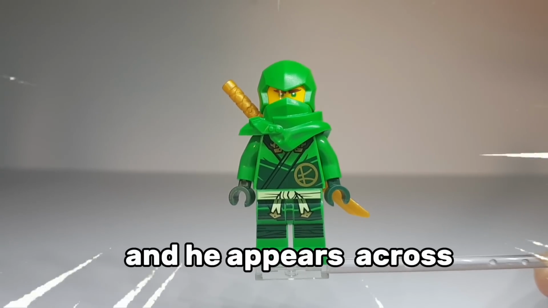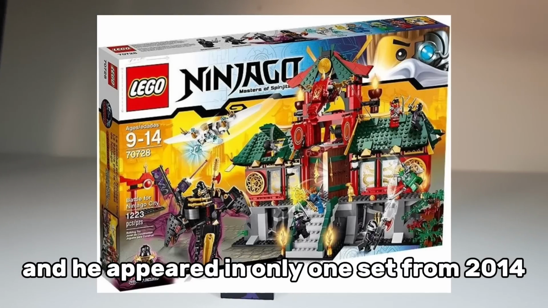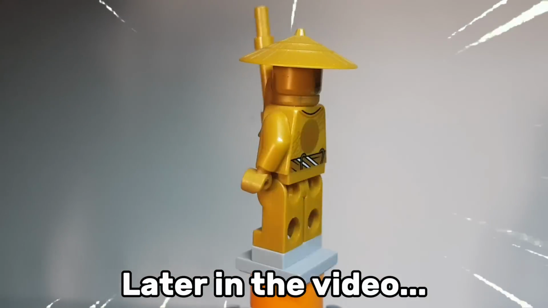This is Lloyd, and he appears across 5 sets in the brand new Dragons Rising wave. And this is the Overlord, and he appeared in only 1 set from 2014. Today we are going to be looking at Ninjago figures, from super common ones that are everywhere to rare and expensive ones that only a few people in the whole world have, so make sure to stick around to the